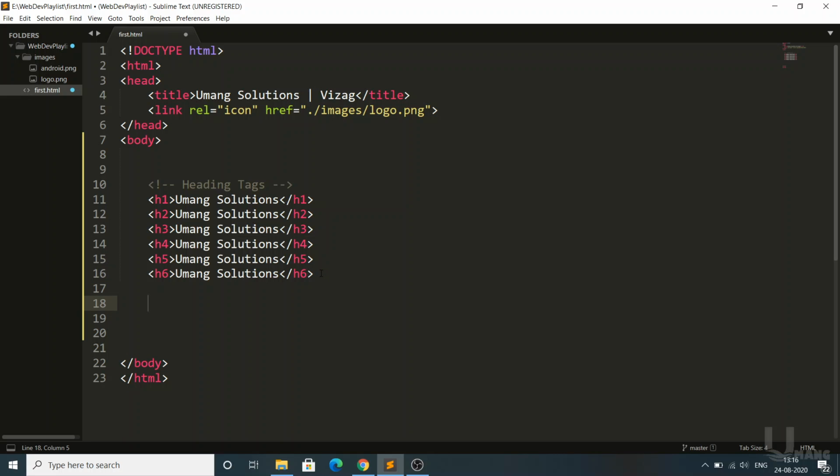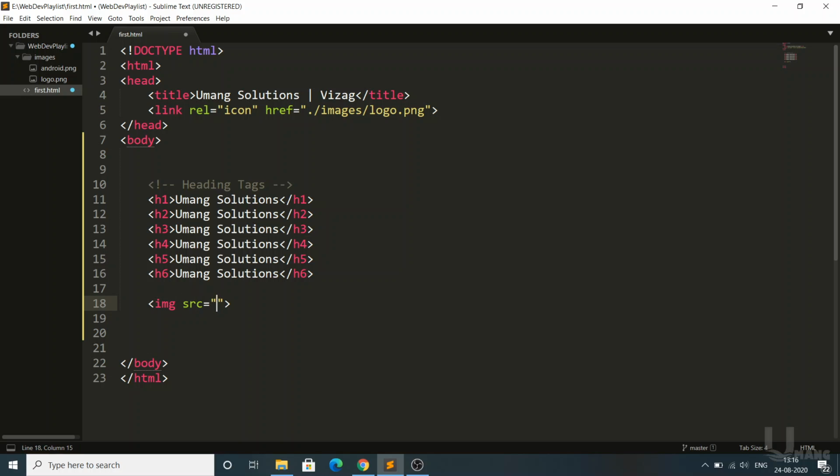And the other tag is, I want to include an image. Okay, we have some tags like the image tag, img. Just type img and enter. Automatically src appears. Src is nothing but a short form of source. Okay, as I told you before, here href means reference. For the link tag, the attribute for source is href. For the image tag, the attribute for source is src.